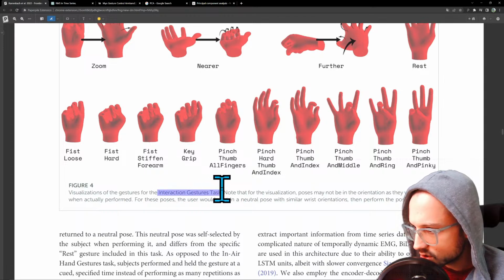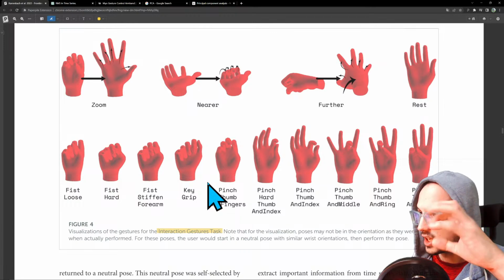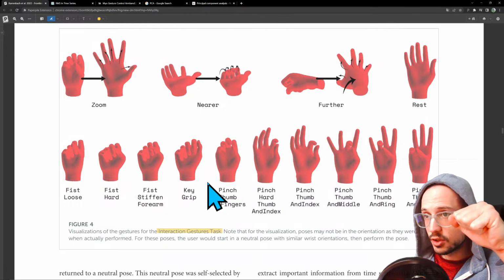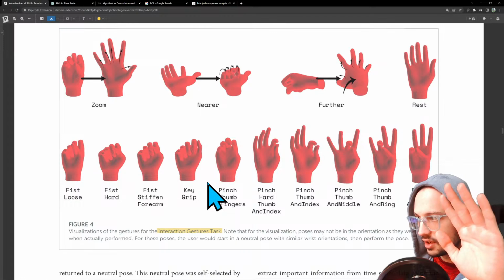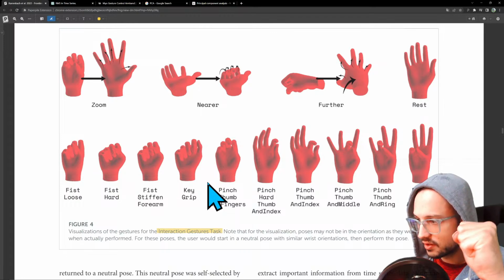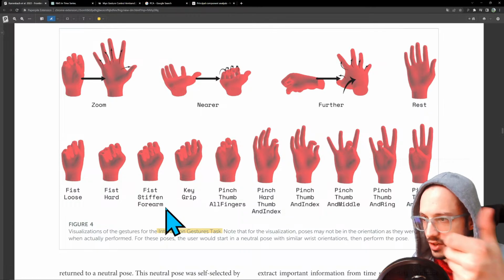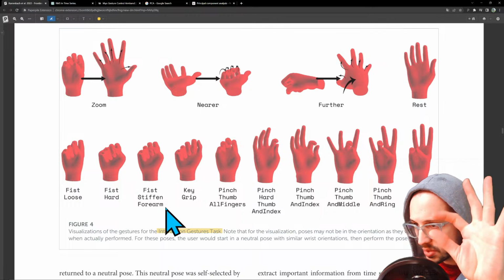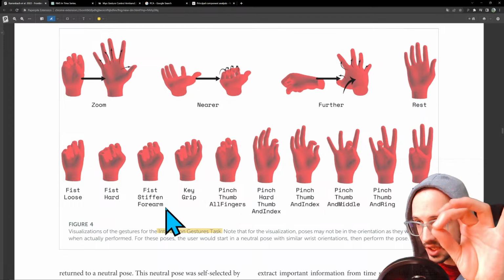So, interaction gestures tasks. You have a zoom. You have a nearer, asking the person to come near. You have a further, which is kind of the opposite of nearer. You have rest, fist loosed, fist hard, fist stiffened. So I guess these are three different levels of flexing your grip. You have key grip, which is kind of thumb like this. You have pinch, pinch hard, pinch thumb, pinch index. You have basically each of the 4